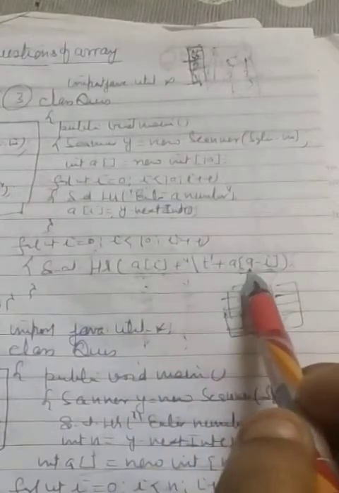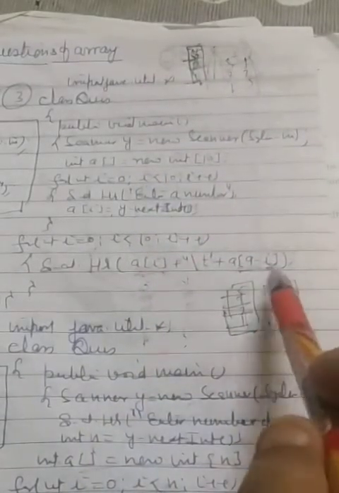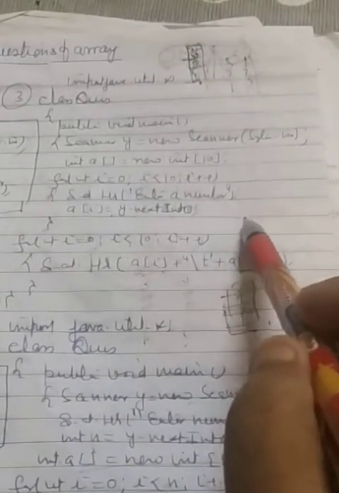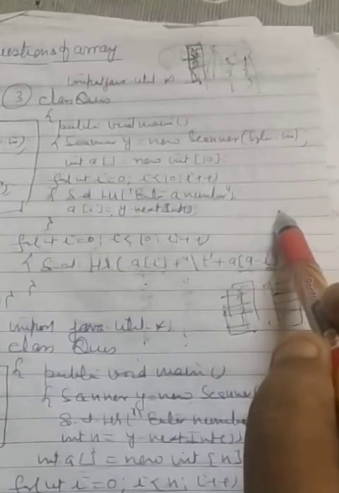So how are we going to do this? We have declared an array. We have filled the array as we have done in the previous questions. Now we are running a loop from 0 to less than 10. And what I am doing here is System.out.println a of i, a of 9 minus i. This is the logic I have put in. Value of i is 0, a of 0, a of 9 minus 0 is a of 9. So a of 0 will be printed out and the position of the 9th location, a of 9, will be printed out here.